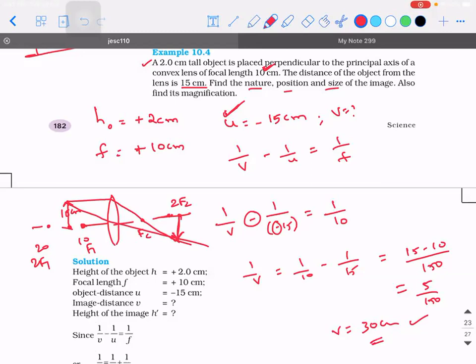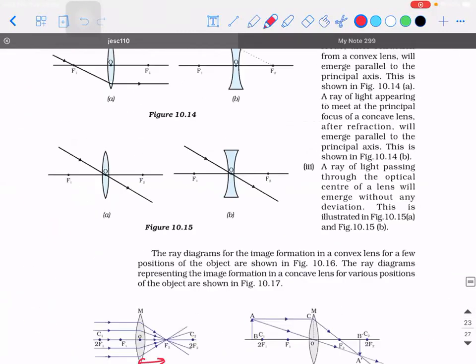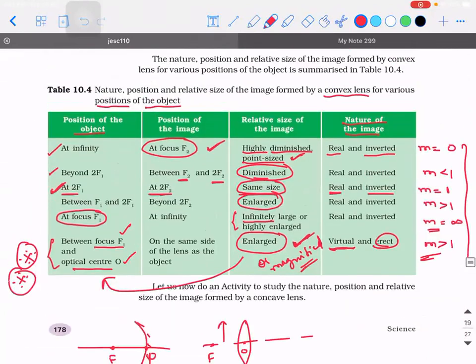See, it's very simple, guys. I'll explain one simple point. Have this in your mind. Don't think so much. When you place the object at infinity, you're getting it at focus. The reverse scenario is what? When you place it at focus, you will get it at infinity. When you place it beyond 2f1, you are getting it between focus and the center of curvature. So what will be the reverse scenario? When you place it between the focus and the center of curvature, you should get it beyond the center of curvature. That is how it works. To put it in simple terms, as you keep moving towards the lens, the image keeps moving away from the lens.